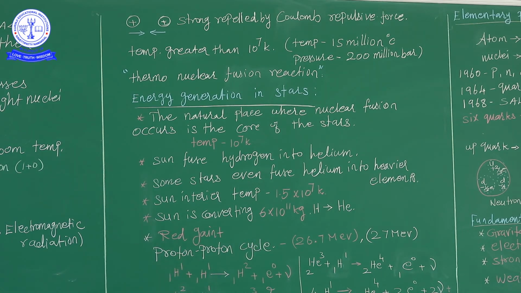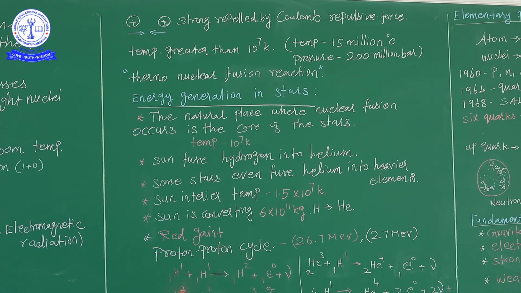Already we see this is a proton, one proton. So hydrogen is a proton. To combine, the proton is converted into a deuteron. This is the deuteron, the 1H2 is the deuteron. At that time, there is the emission of a positron and a neutrino. In the combination of proton-proton, with the emission of a positron and a neutrino, the proton cycle is converted into a deuteron.